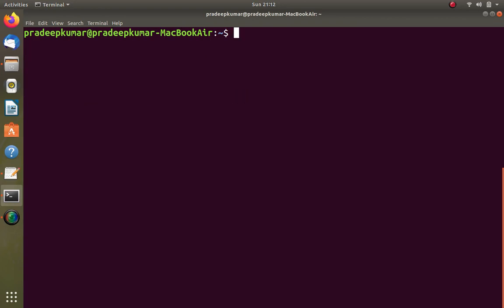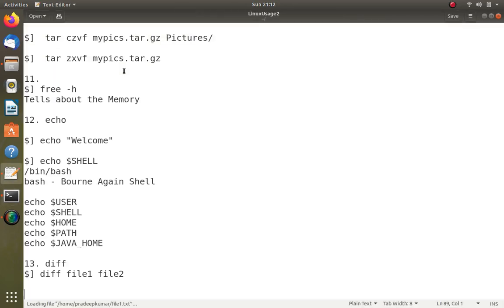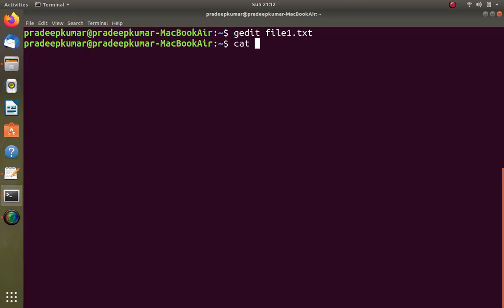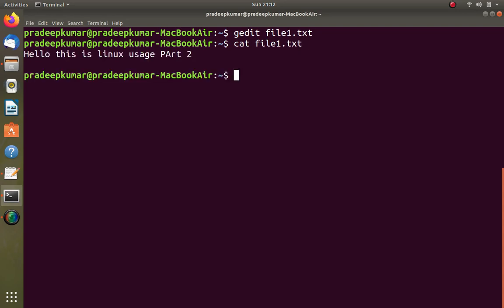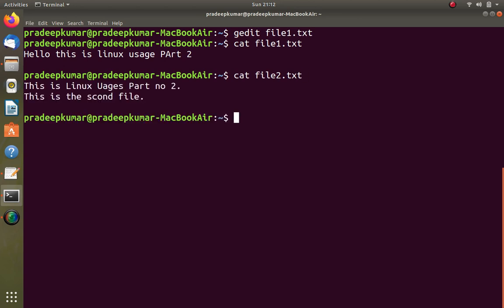Now let's say I want to display a file immediately on the terminal. Let's say I want to know the content of a file. Either I do gedit file1.text, or instead of that I want to open it directly. You can use the concatenate command, cat file1.txt, and directly it will show you the file. Likewise for file2.txt.